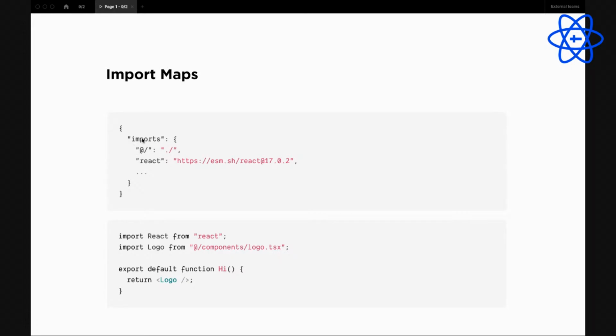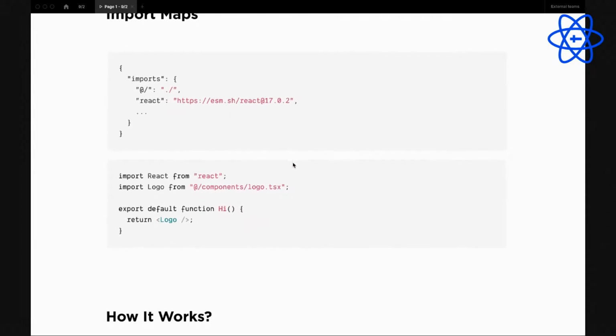Here we define a list of what we need to use, with a name like React mapped to the URL. So next in your code, you just import React like before when we import it from npm.